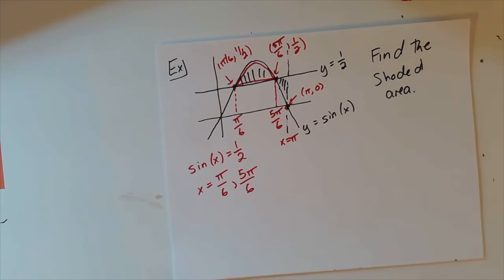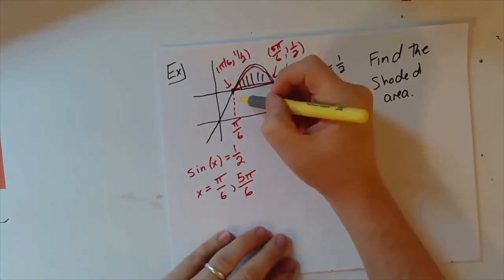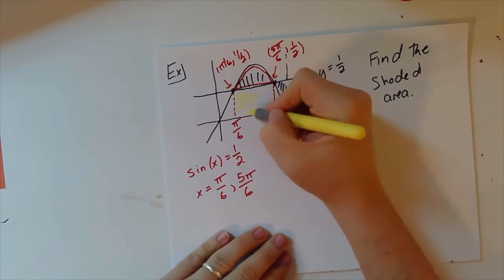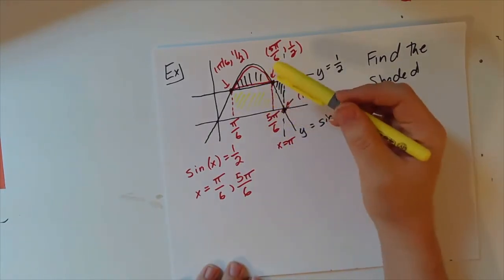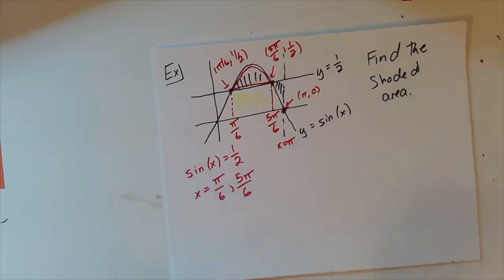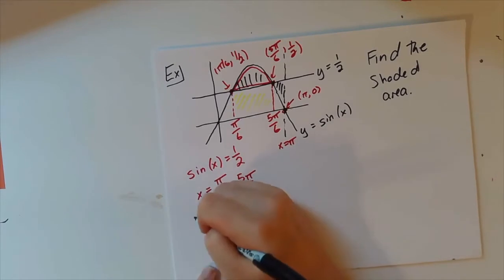And I see that this is not quite a definite integral itself, the red area, but it's close to one, namely if I, as before, fill in the area below it. So I'll go ahead and fill this in with a yellow highlighter, which I guess doesn't show up super well, but you only need to know that I'm talking about the rectangle immediately below the red area. And so then in that instance, the red area plus the yellow area